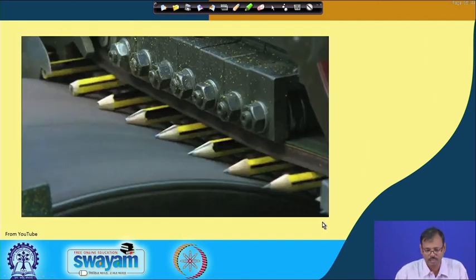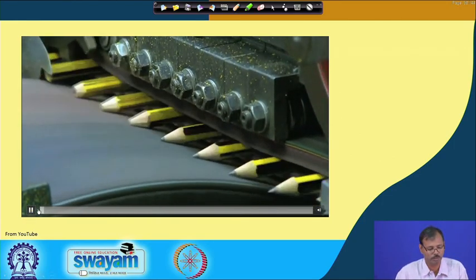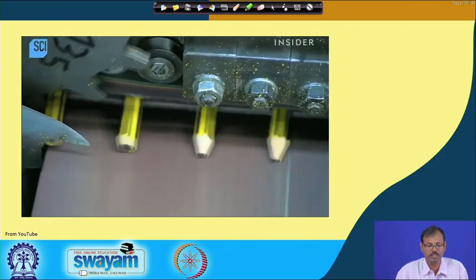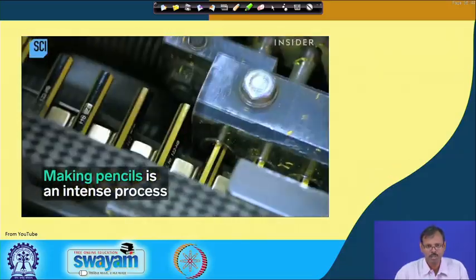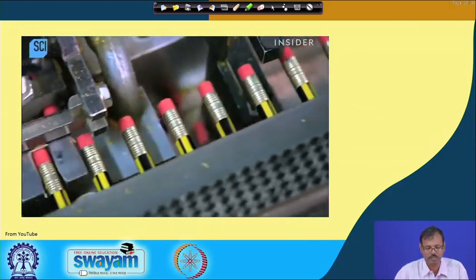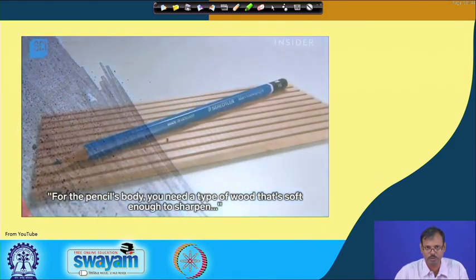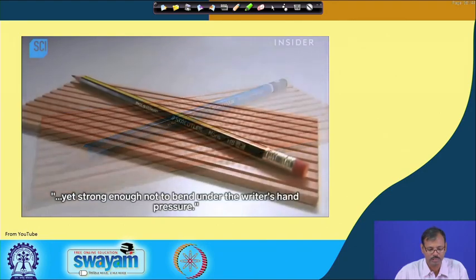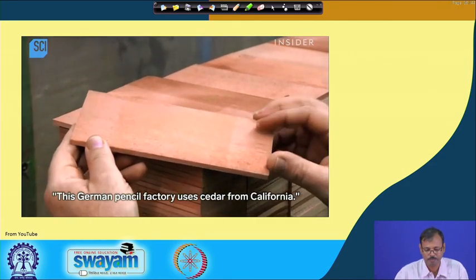As in the last class you observed some videos, I want you to see another video. It will give you a good idea about different manufacturing processes. This is also taken from YouTube, and it is a pencil manufacturing process. So, what happens in this? First the lead of the pencil is made, which is a mixture of graphite with black soil, and then that lead is fixed between two wooden pieces. You can see these are placed in this type of place, and you can see how these are made.